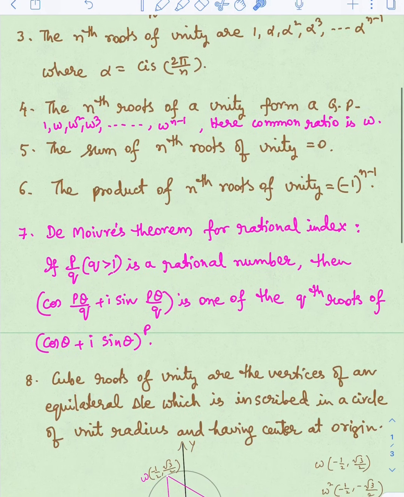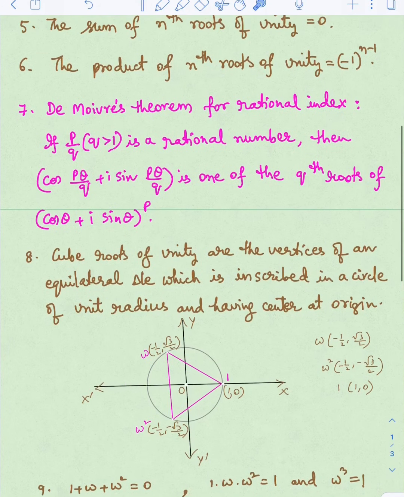And now the geometrical interpretation for cube roots of unity. If you want to show it as a diagram, you can show it like this. Take a plane, draw a unit circle. What is the meaning of unit circle? A unit circle is nothing but a circle which has the origin as center and radius 1 unit. That is, unit radius having center as origin, then it is said to be a unit circle.